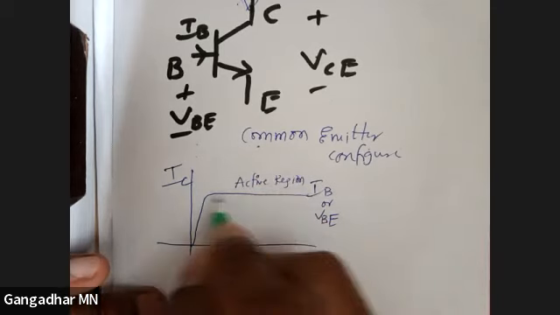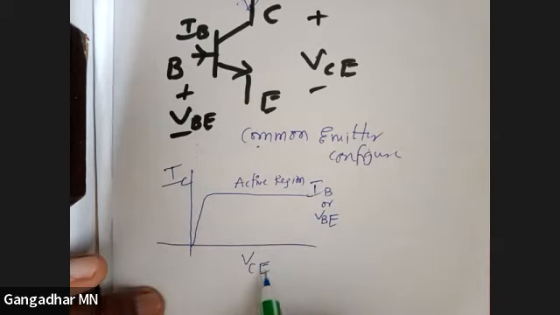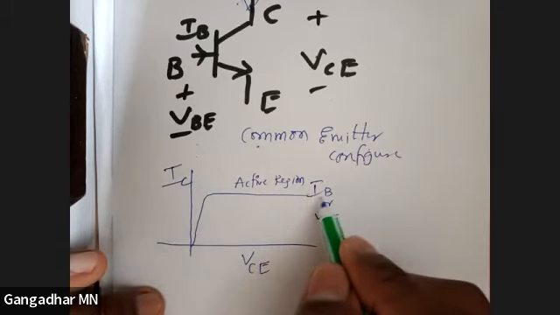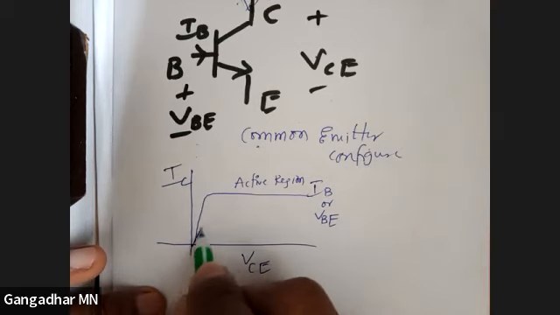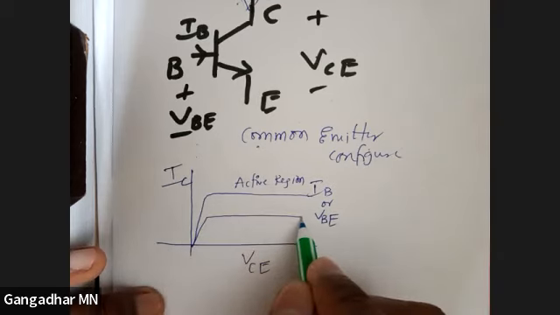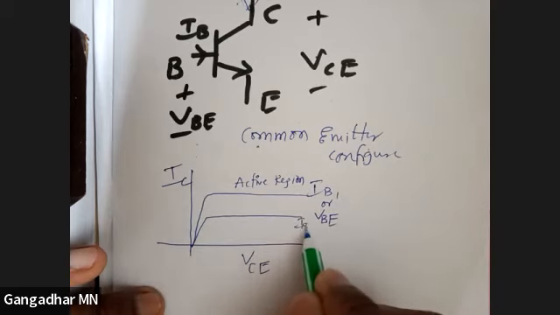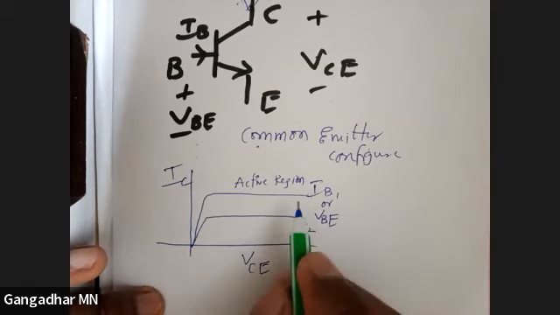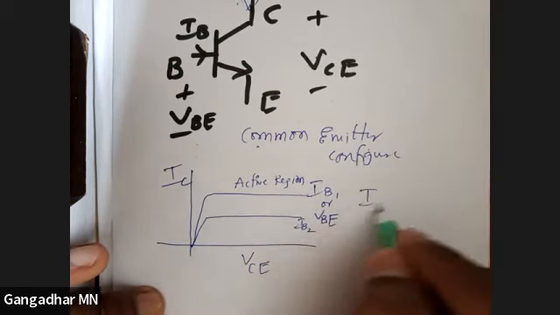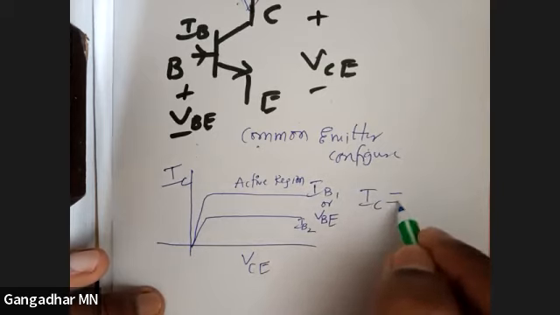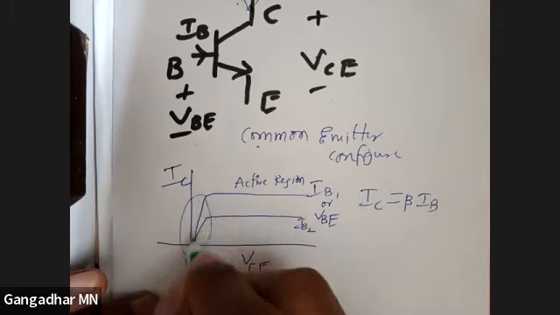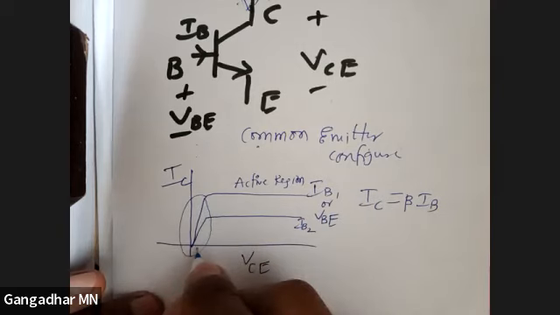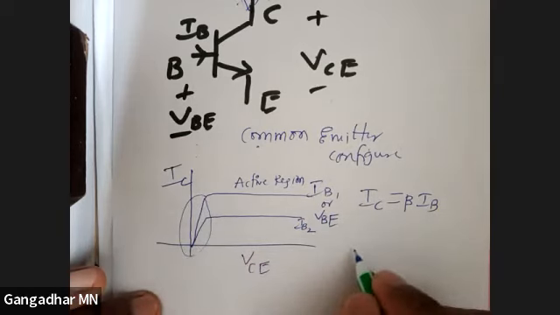The reason, the constant current with respect to output voltage, but it is dependent on the input current, meaning if I have another IB, I change IB, the constant IC will change. Let's say this is IB1, this is for IB2. So output current is a function, in fact, it is beta times IB, and this region is called active region with VCE, and this is called, in fact, saturation region,